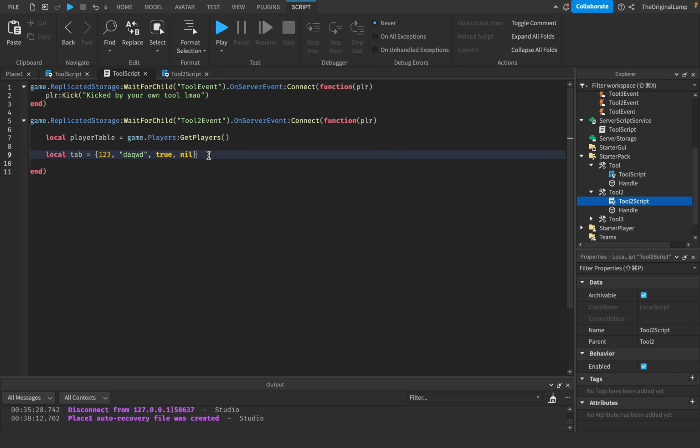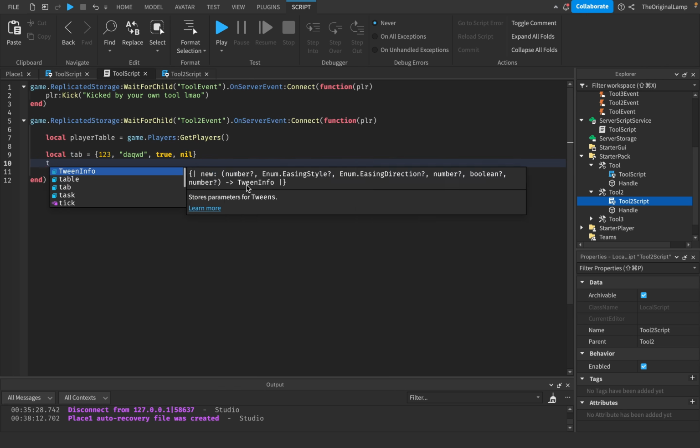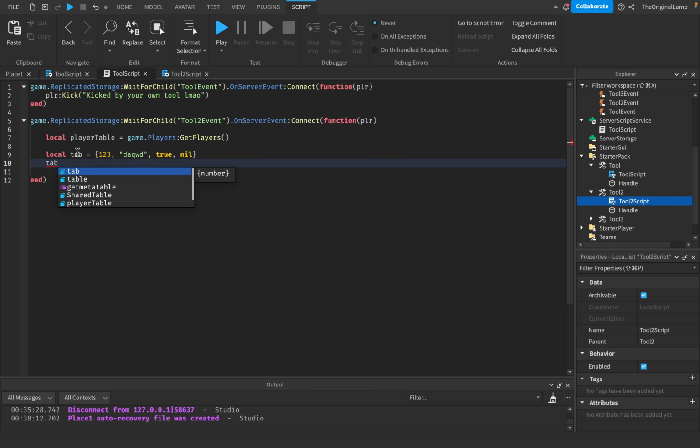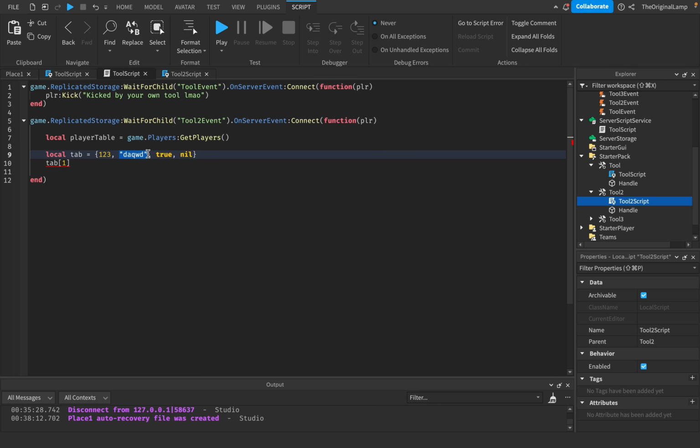And what you can actually do with tables is, let's say I wanted to access the first item of a table. I would just do the name of the table, and then in square brackets, I put in the number. And Roblox always begins with 1, right? So this would be 1, this would be 2, this would be 3, and this would be 4. I'm just saying because a lot of other programming languages begin at 0, but Roblox begins at 1, right? So again, 1 is this, 2, 3, 4. Just standard math, standard counting, right? I don't know why the other programming languages had to start at 0. Just makes stuff more